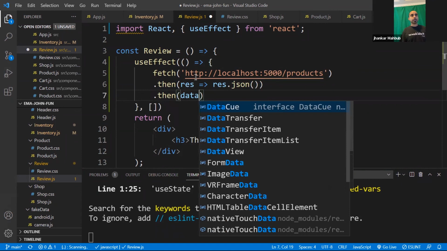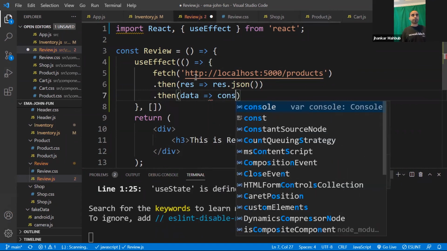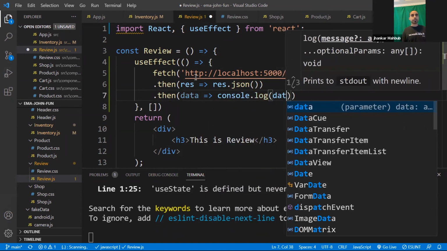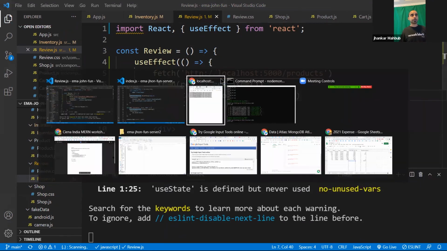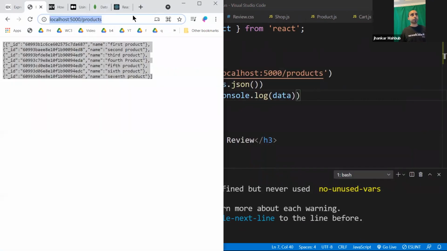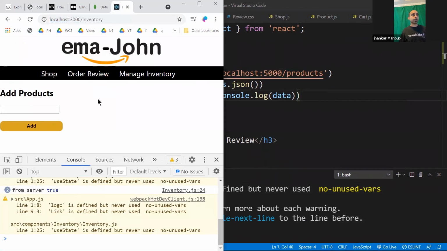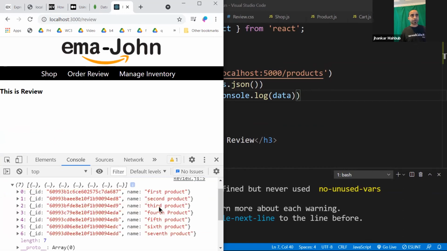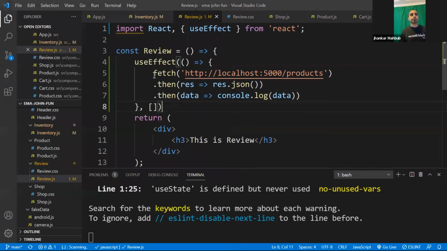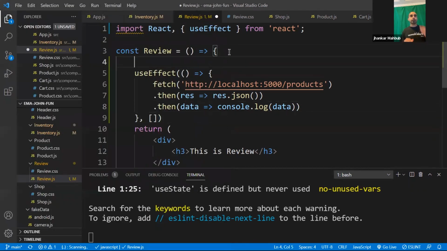and then the response needs to be converted to JSON, and then eventually you get some data, and for the first time you do the console log data, and then we will do some UI related work, state, those things. So we come back, and if we go to this review, you see this 7 data is actually loaded here, first, second to 7th, all this data is loaded. Since this is loaded, you can easily put it in a state.